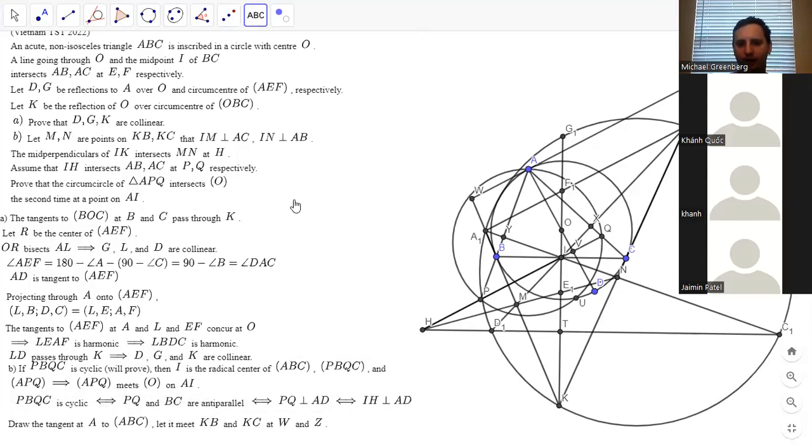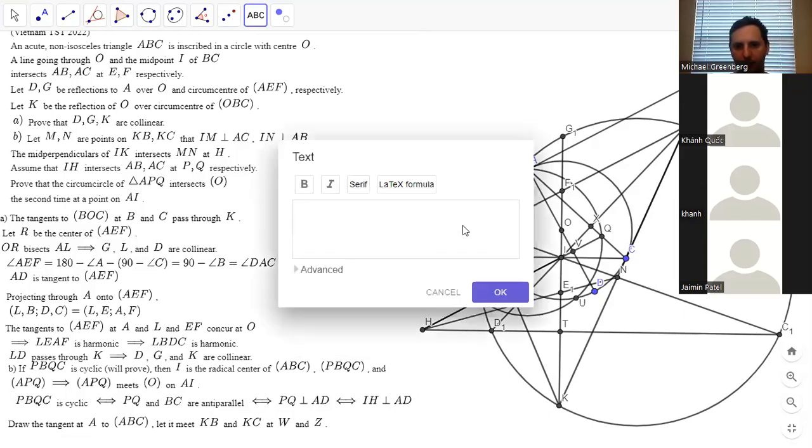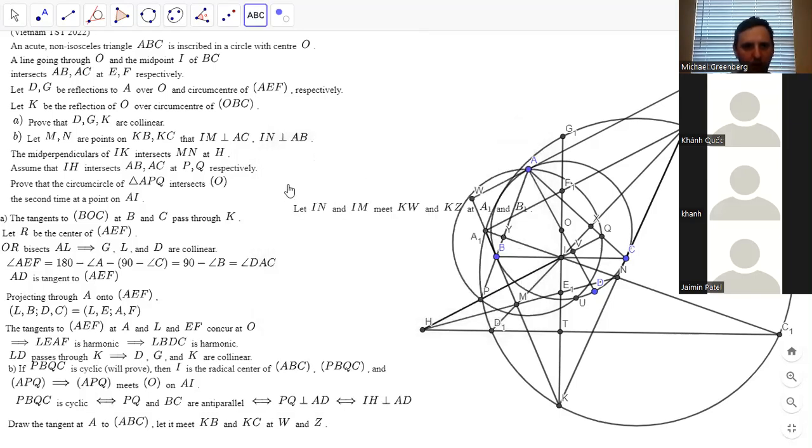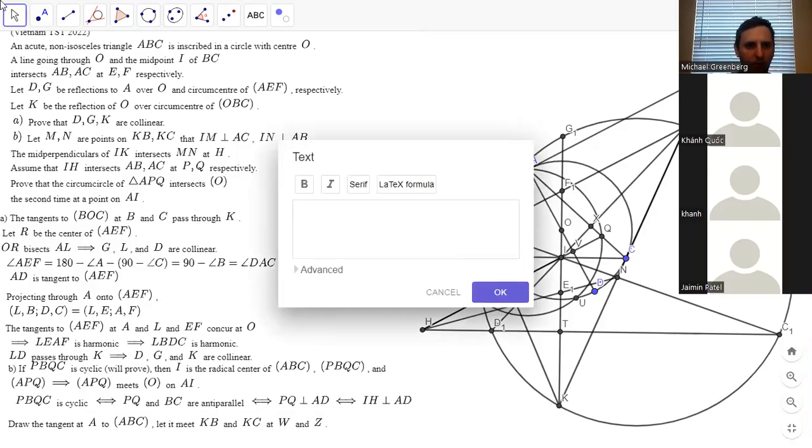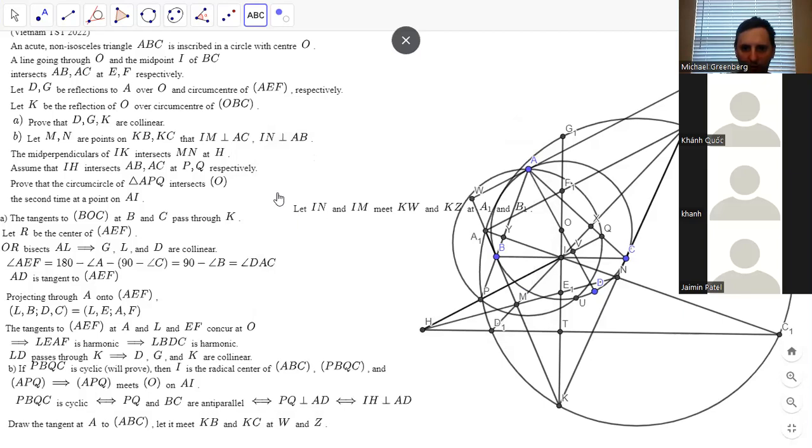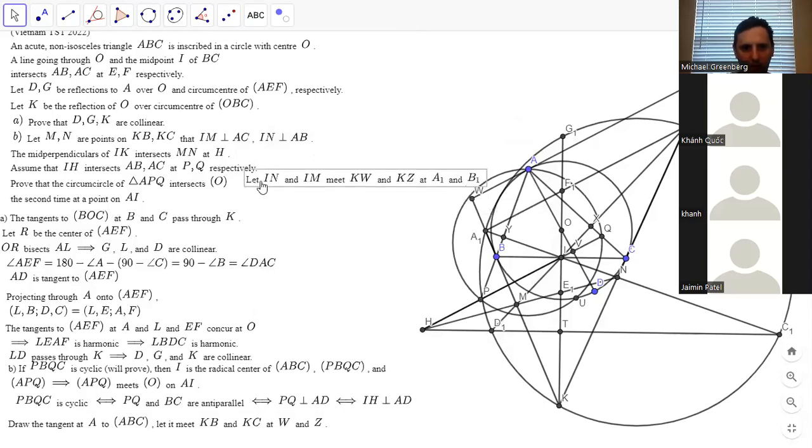Yeah, it's tricky. Let IN and IM meet KW and KZ at A1 and B1. We should be able to fit this stuff in. Oops. Then